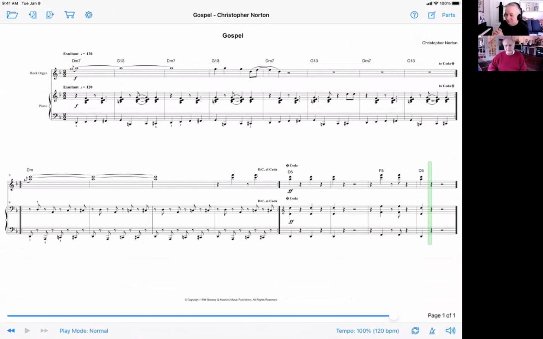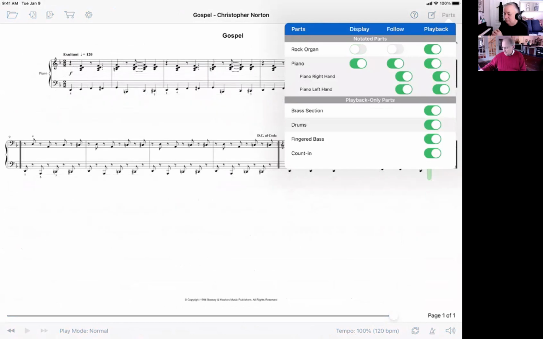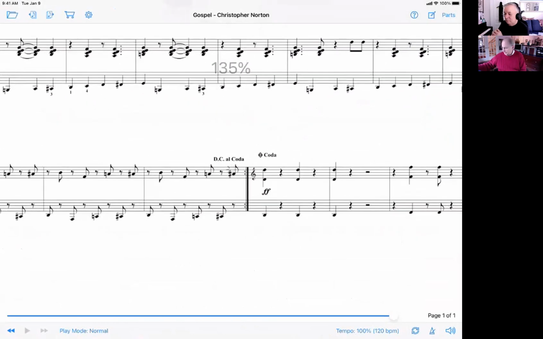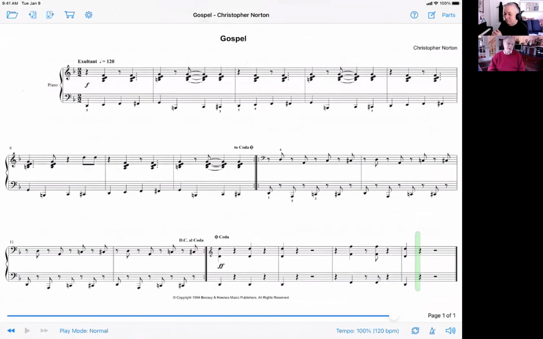Oh, absolutely. And as far as the screen real estate goes, not only can you rotate your iPad at will, but if you didn't feel it was necessary as you're learning your part to be reading the rock organ part, you could just reduce it down to the piano part. So here's the entire piano part in landscape, for example. And if I then play that from the piano,